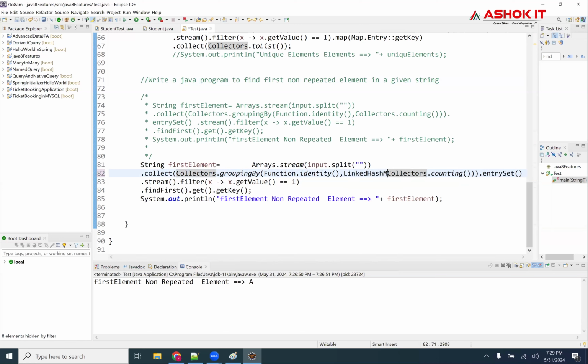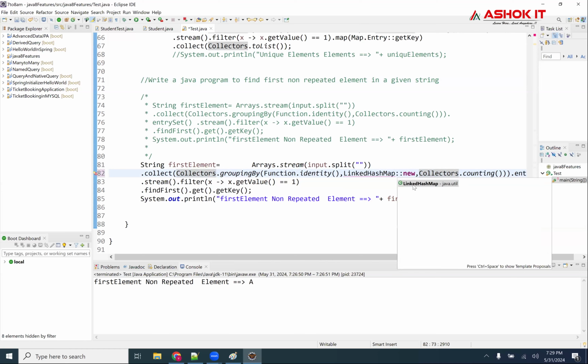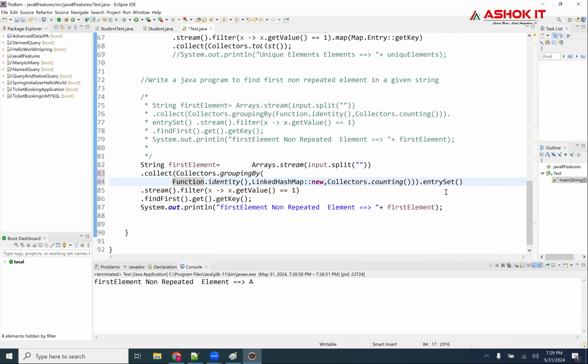Linked hash map, which is equal to new. I want to create a new linked hash map.